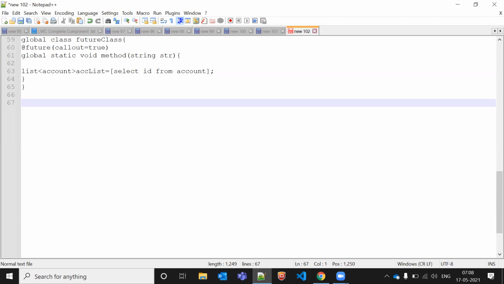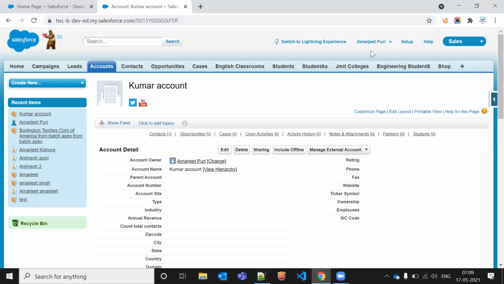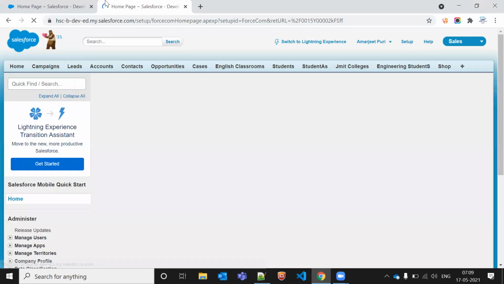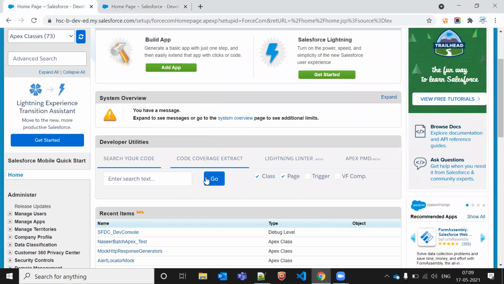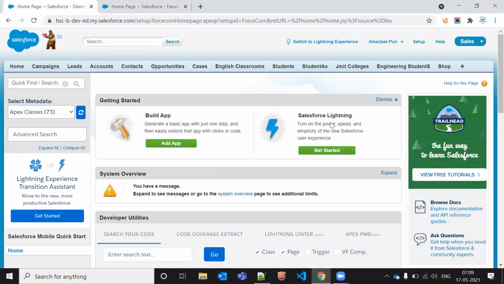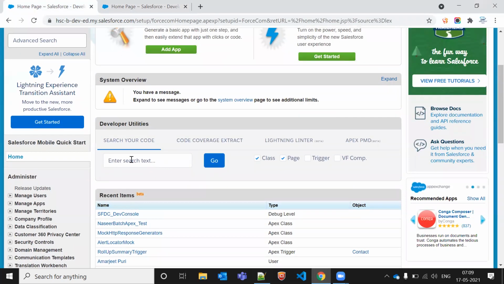It was very challenging to find out the things and the flows. So what was the best way you preferred? We have the Advanced Code Searcher extension. After that, we can see this search box. Let's say I want to find the batch apex name from the account object. So what will I write here? From account.